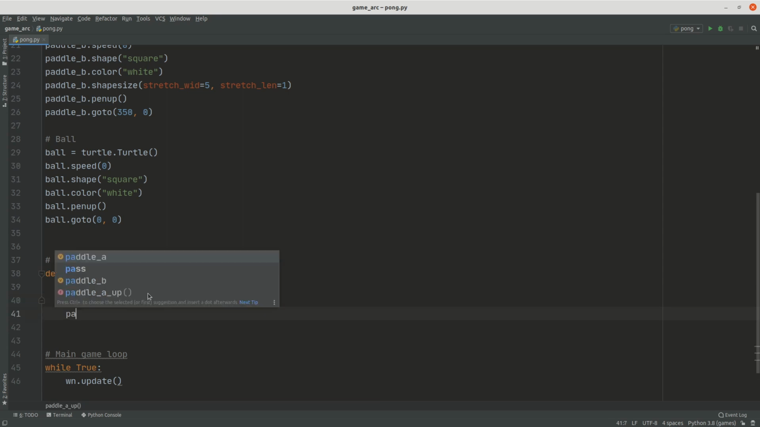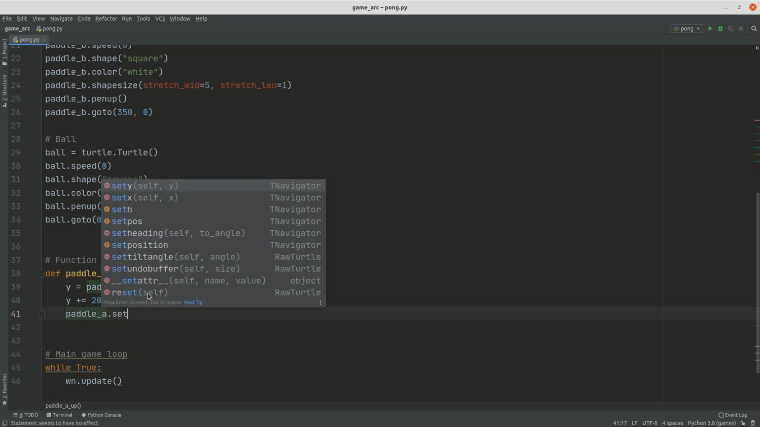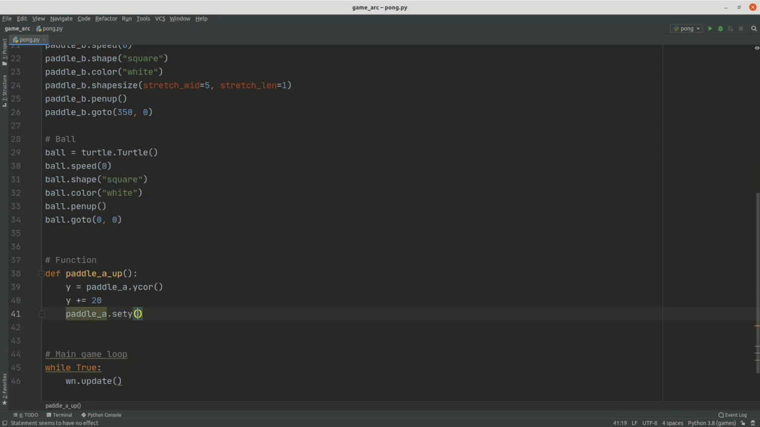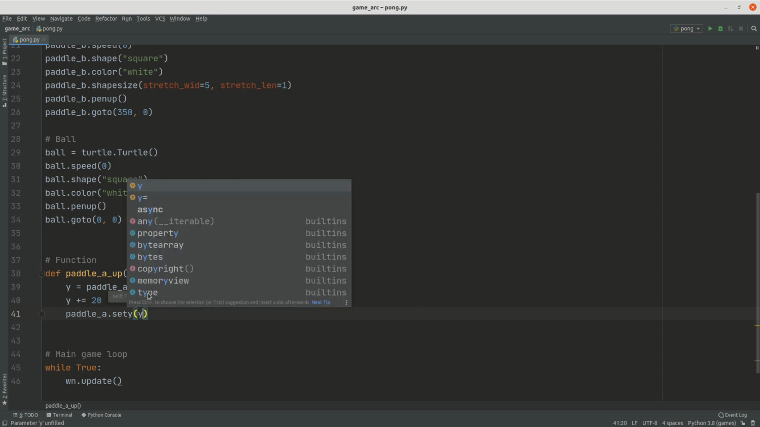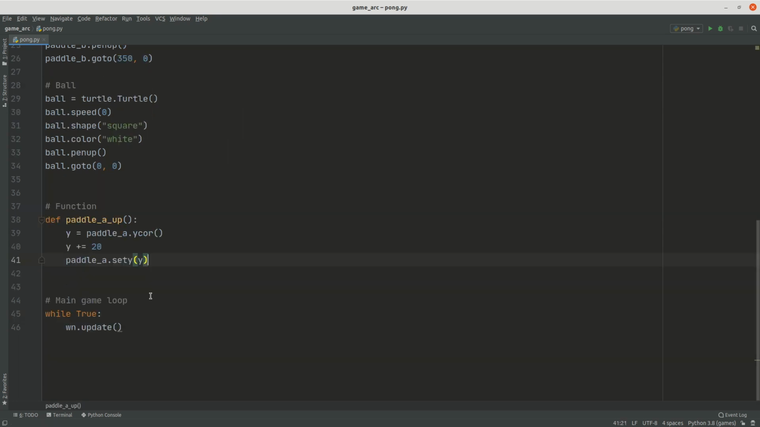paddle a dot set y, and I need to put in the coordinate y so we can move it around. Okay, now after we have done that, we need to call this function. We need